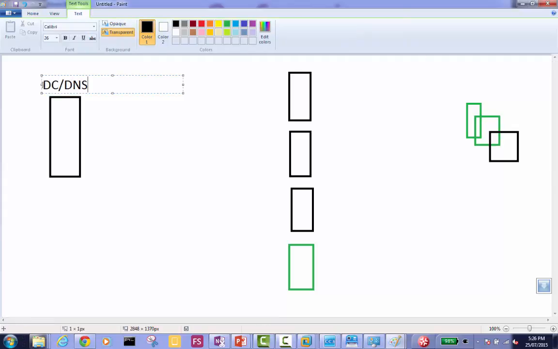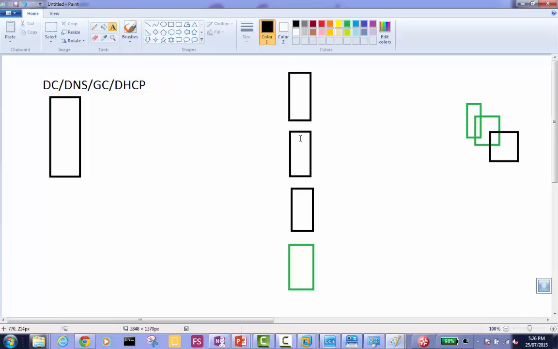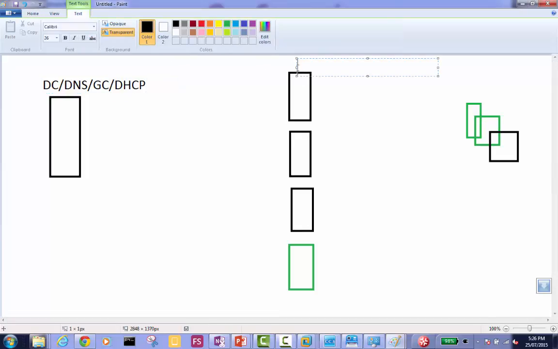DC, DNS, GC, DHCP. These are the common roles we already have on our domain controller. And these are the servers that are being hit by the outside traffic right now. There's a VPN server that is taking outside traffic. There is a Citrix gateway that is taking outside traffic.